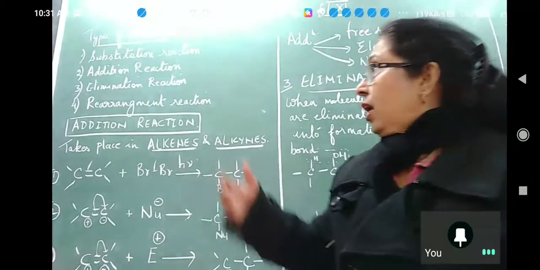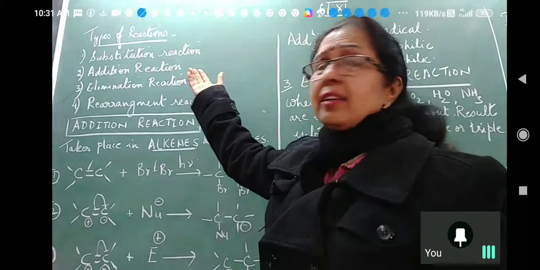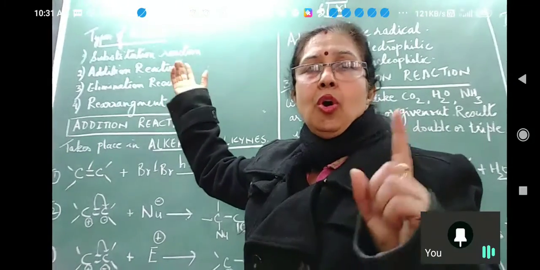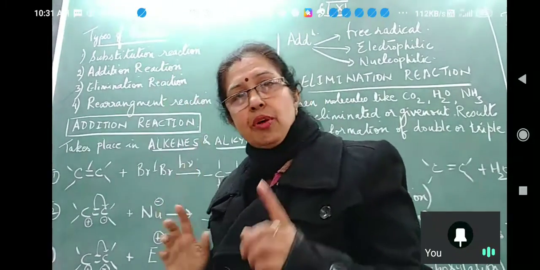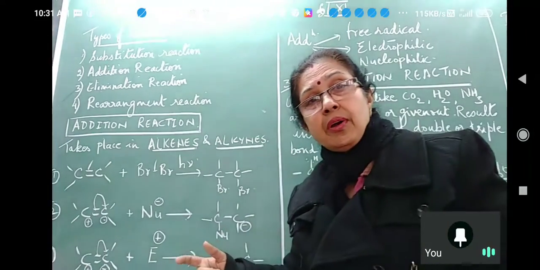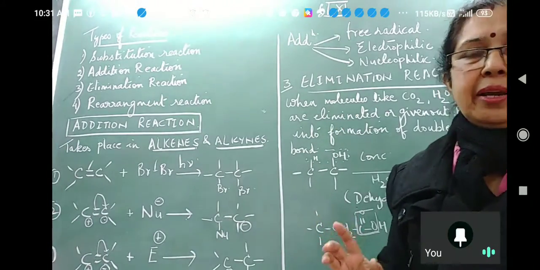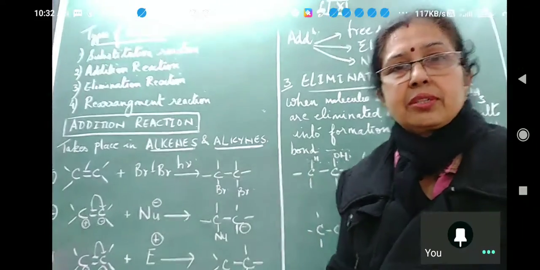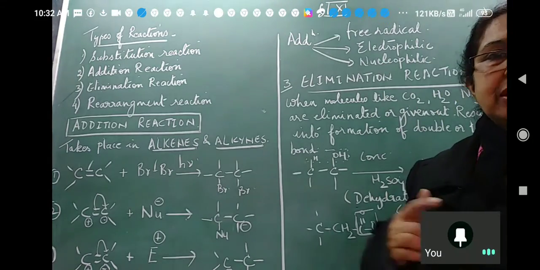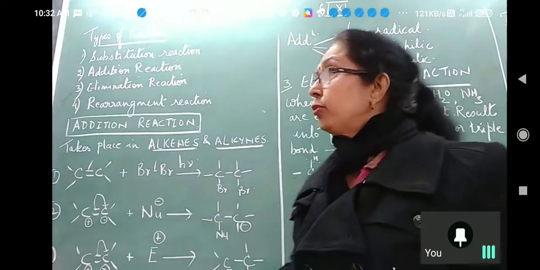Now yesterday we had discussed homolytic fission and heterolytic fission also, if you remember. Homolytic results in the formation of free radicals and heterolytic results in the formation of carbocation and carbanion. These are reaction intermediates. Then I had explained nucleophile and electrophile also. So these terms should not be new for you today.